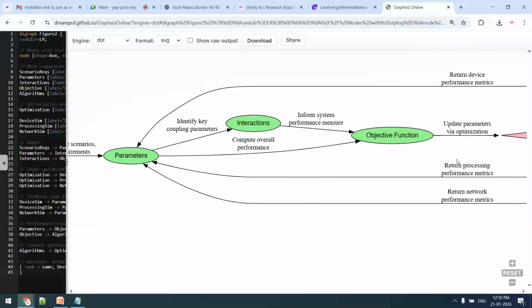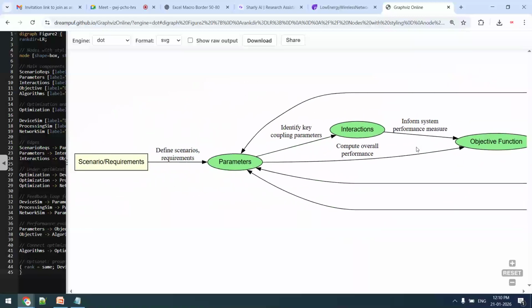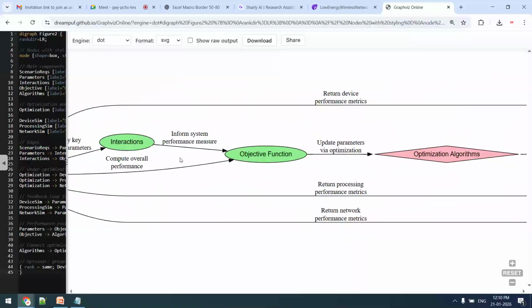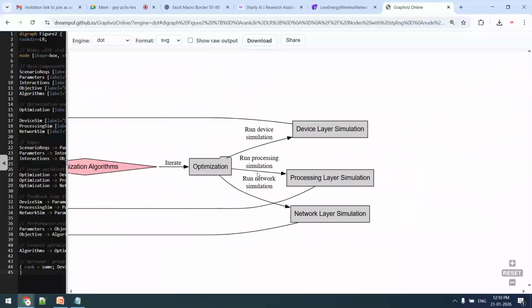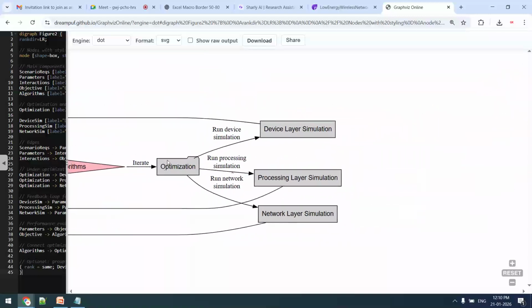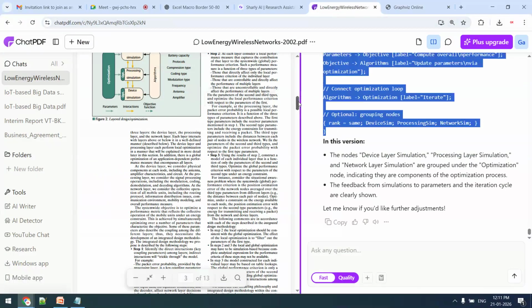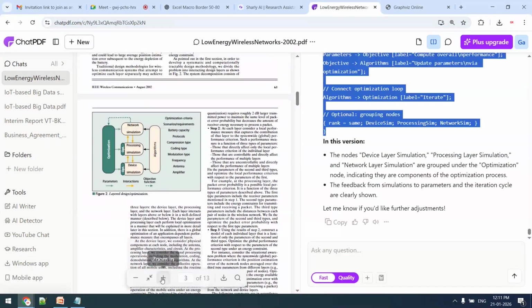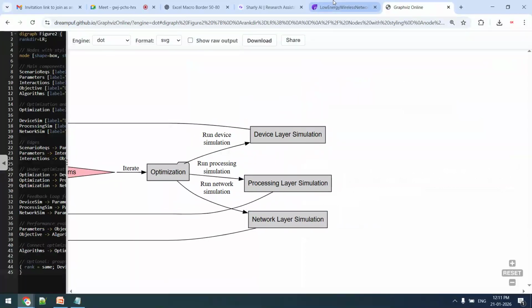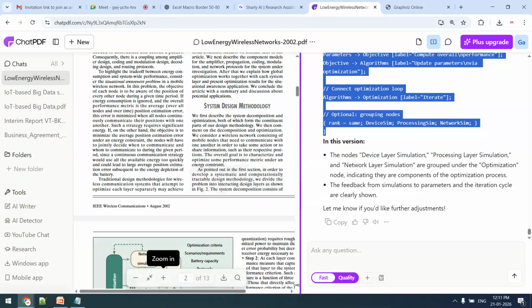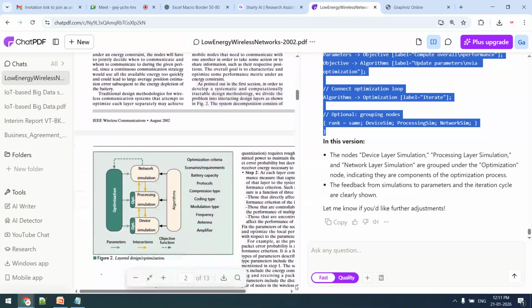Now what I have mentioned, that optimization or some particular part should be under a specific segment. So you can see that now it is looking genuine. This is main optimization. Under that, device simulation, processing simulation, network simulation. In the actual diagram, the same combination is available. This is also under 0% plagiarism. The earlier diagram was also under 0% plagiarism, but